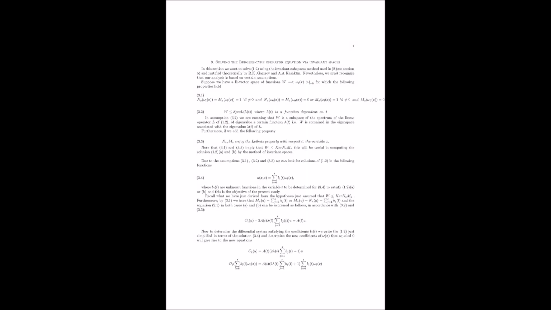But to show the versatility of the invariant subspace method, Maltese doesn't stop there. He provides another example. Example 5, set in the hyperbolic Poincare half-plane. This time he chooses different operators that incorporate the hyperbolic sine function, reflecting the curvature of the space. So we're back to hyperbolic geometry, but with a twist. Exactly. And in this example, the invariant subspace is generated by slightly different functions.